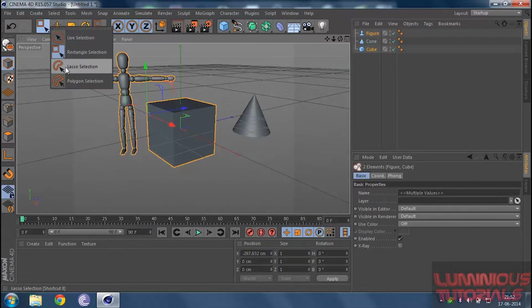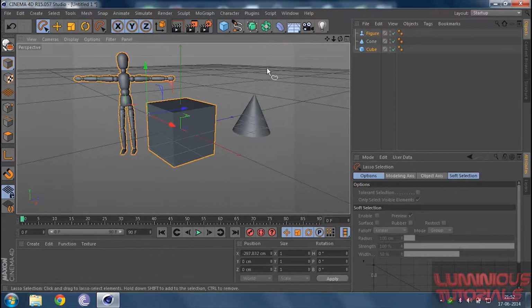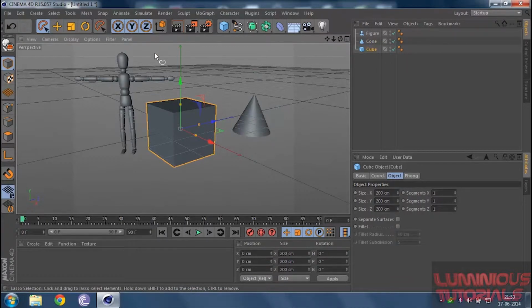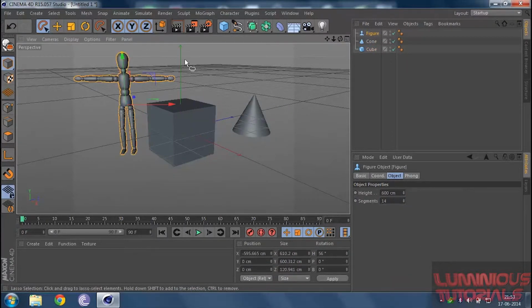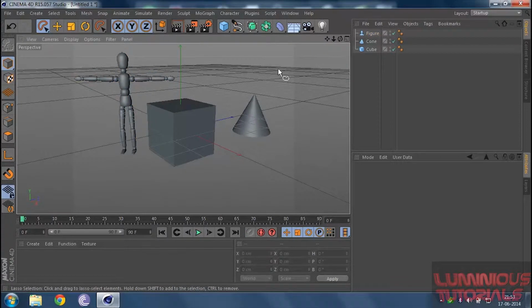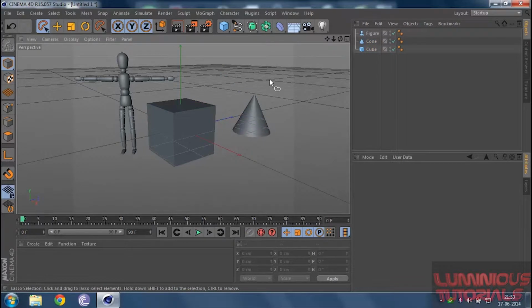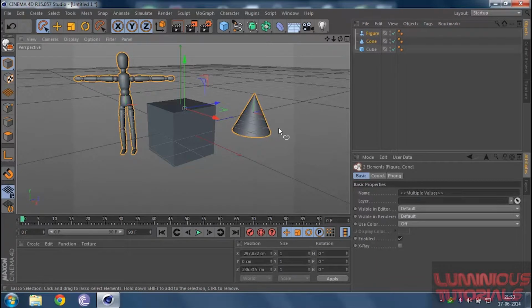And moving ahead, we have got the lasso selection tool. That's also the same as Photoshop. You could select your items using a freehand tool, that is a lasso tool, and that helps me to select my cube. Similarly, my human. I could also select multiple items by getting my items under the lasso, in any manner, any design. It will select my cube and the cone. Now if I want to select my cone, I do something like this, and here it goes. My human and the cone are selected.